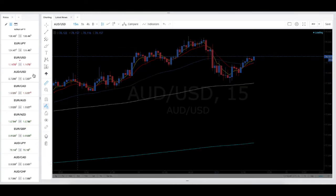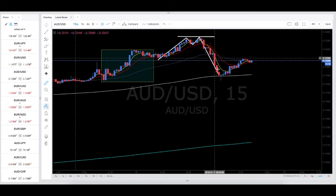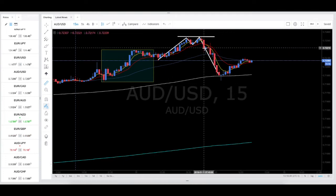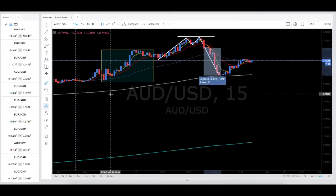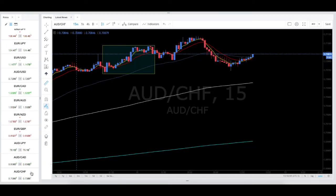Okay, if we check on AUD USD, same thing, Type 1 setup, an M formation down to Mayo. Okay, so that right there would have been a good 30 pips as well. All right, if we check on AUD Swiss, AUD Swiss did not give us a setup to sell. It actually gave us a setup to buy initially. Okay, so if you look here,